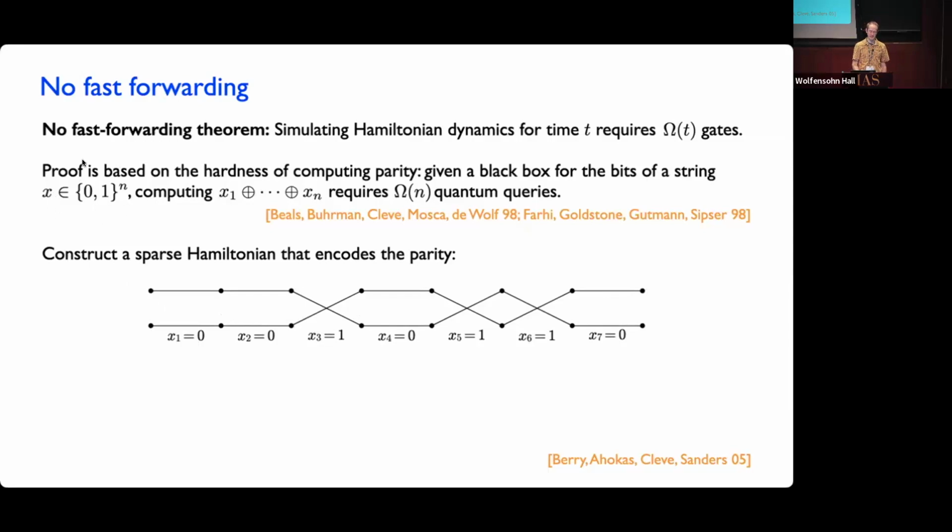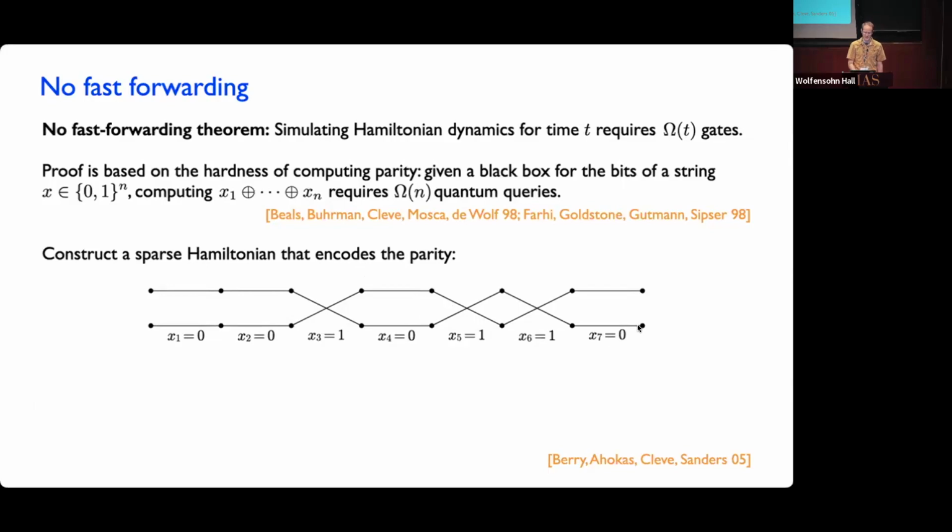And if we have query access to the bits of this string, then we can understand locally what this graph looks like. Right? And that's enough to run Hamiltonian simulation algorithms, right? If we have that kind of description of the input, we can actually simulate the dynamics of the adjacency matrix of this graph, or a weighted adjacency matrix of this graph. Okay. And now you see that there's information about the parity in this graph. Namely, if you look at which vertex over here is connected to this vertex, it's exactly given by the parity, right? In this case, there's an odd number of crossings, and so if you follow this path, you're going to go up here, right? So you're going to be connected from here to here if the parity is odd, and from here to here if the parity is even.